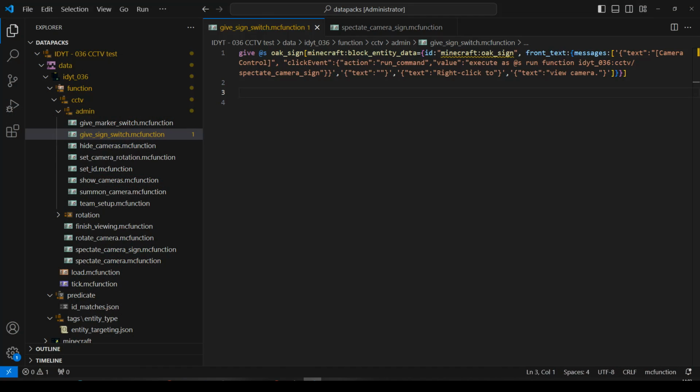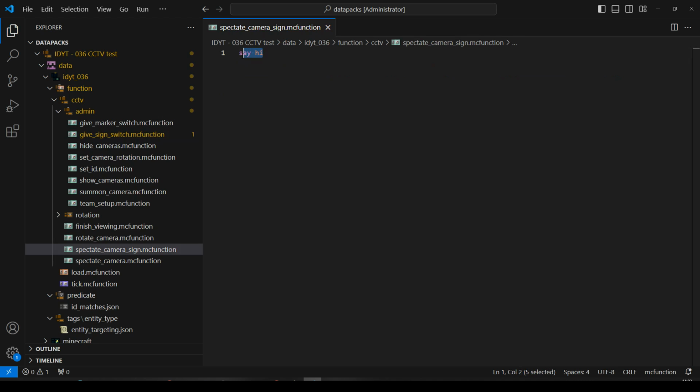Let's go back. Now we want to do spectate camera sign. Now this should be a little bit nicer because we know who the player is, so we don't have to tag them and say, you know, nearest player and all this. We know who's doing it. So we're going to do, let's